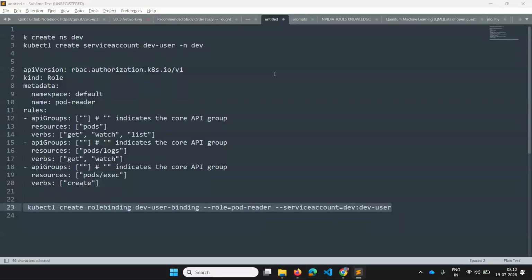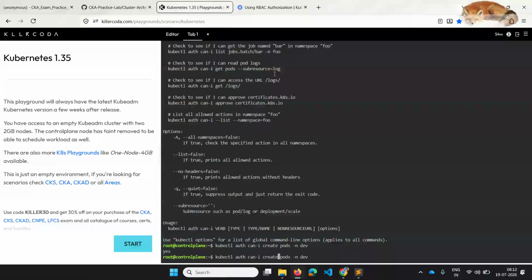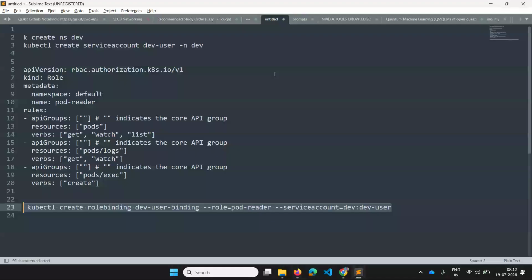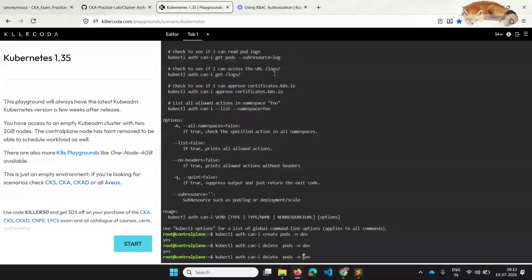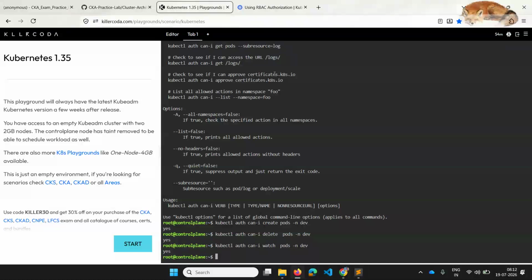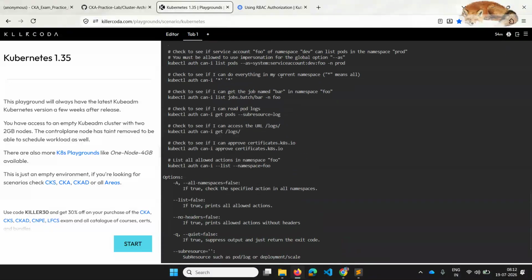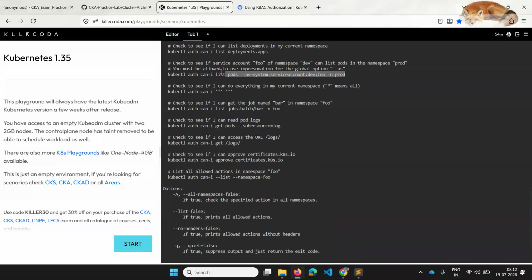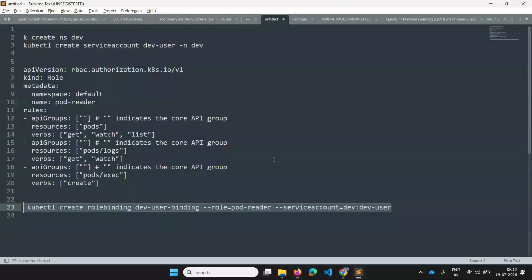And can I delete pods? Yes. Can I watch? Yes. Basically, it's giving me get, watch, list. It's not giving that great, right? Can I watch hyphen hyphen help? I just want a deeper command, so I'll copy this.